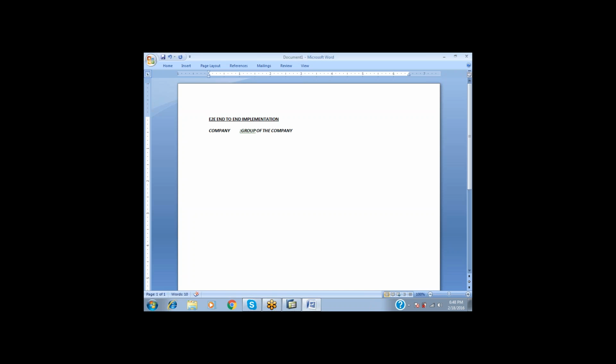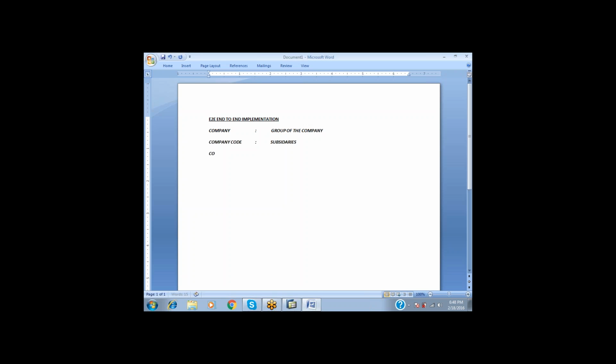And the next one, after the group, is the company code. So what exactly is the company code? Under the group, whatever subsidiaries there are, those subsidiaries are called the company code. The group is the company and the subsidiaries are the company codes.